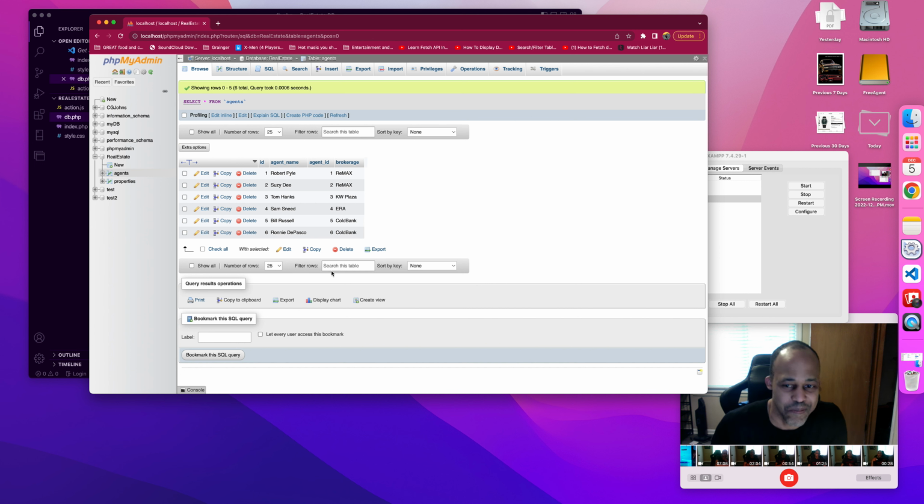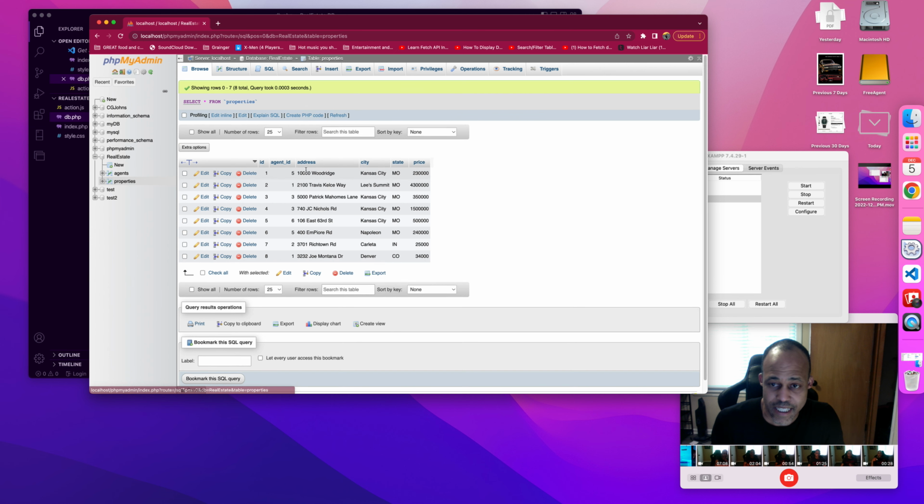These are just a bunch of made-up names, and it features an ID, agent name, agent ID, and a brokerage. Also, the properties table features ID, agent ID, address, city, state, and price of the property. The agent ID will tie both the agents and properties together in sort of an inner join, even though the tables themselves are not actually joined. They're going to be joined through the code that is actually